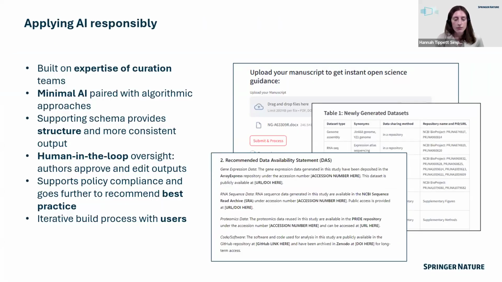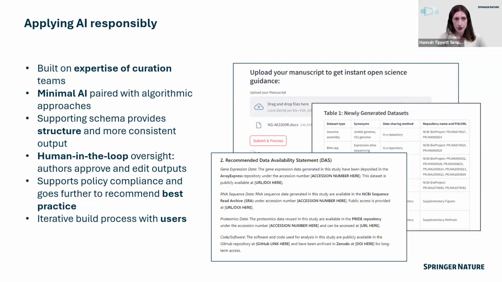So the tool has been built with the expertise of our curation teams. It uses a large language model paired with algorithmic approaches and a supporting schema. Importantly, it's not fully automated, so you retain full control to review, edit, and approve the generated outputs.